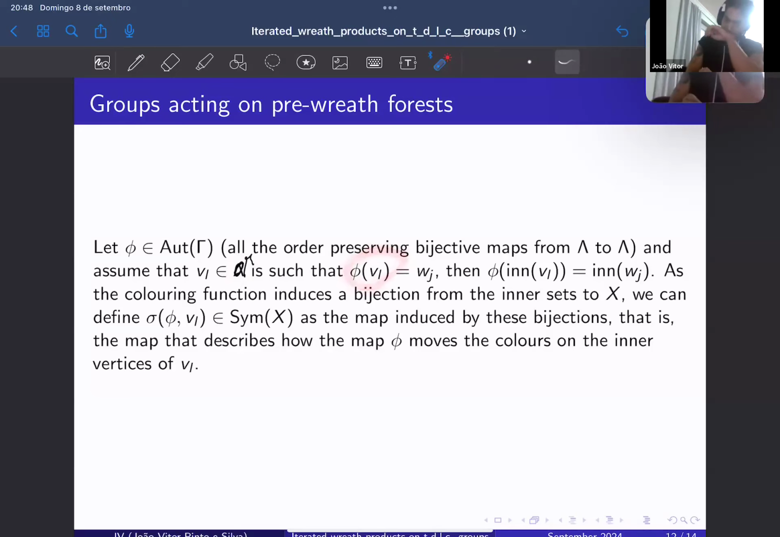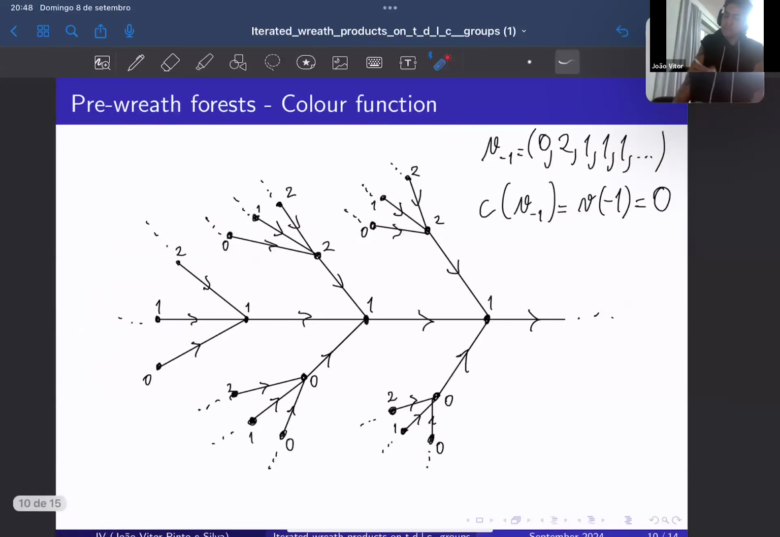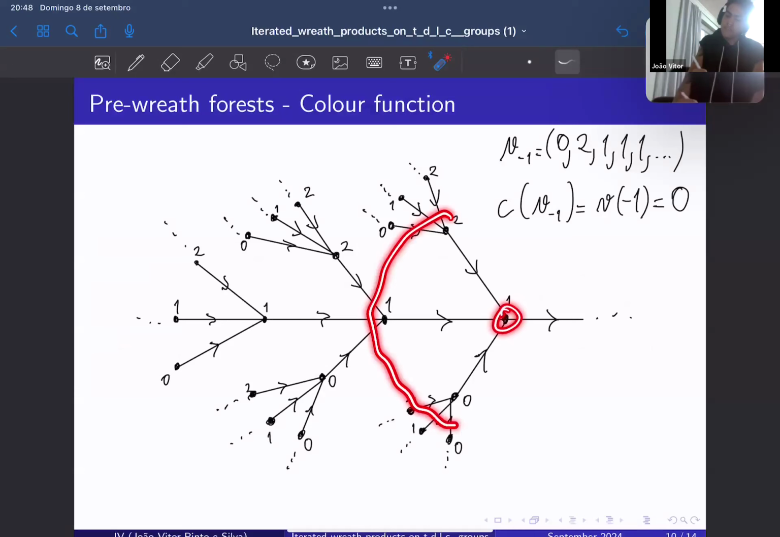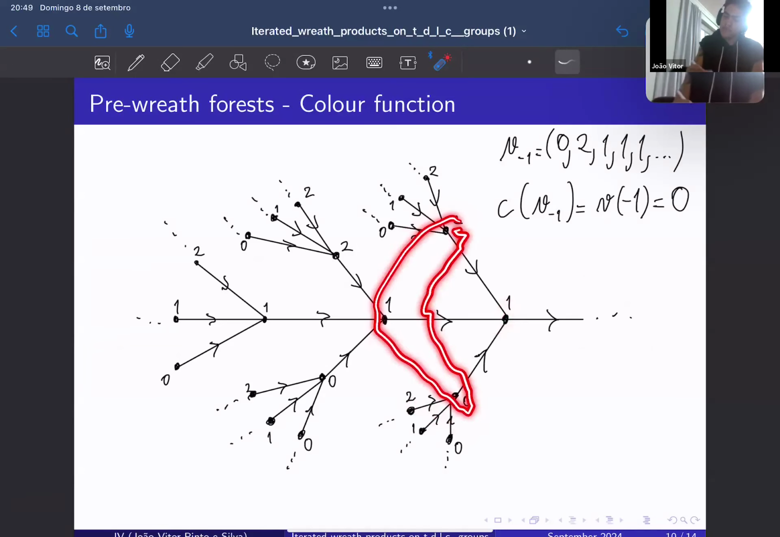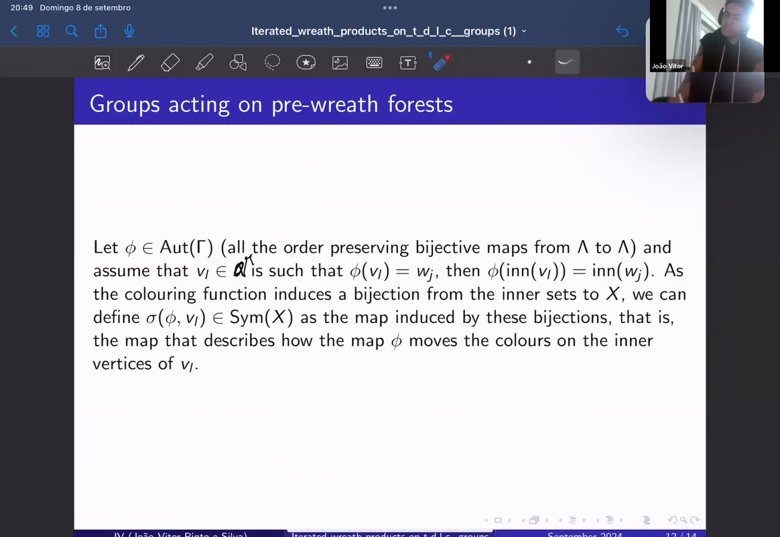So let's say that phi of VL will be Wj for some other element Wj of our vertex set. So the automorphism will always send the inner vertices of VL to the inner vertices of Wj, where the inner vertices will be just all the things that are pointing directly towards it. So all the elements that the successor of them will be the element itself. And these inner vertices are always in bijection with the set X that we are using for the